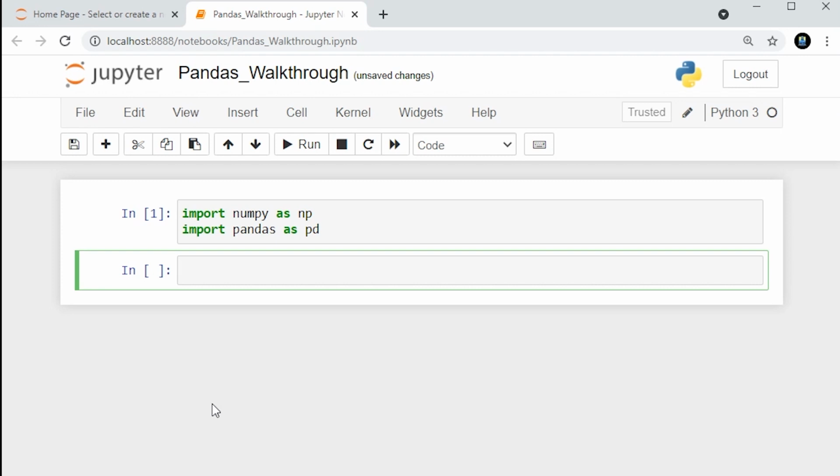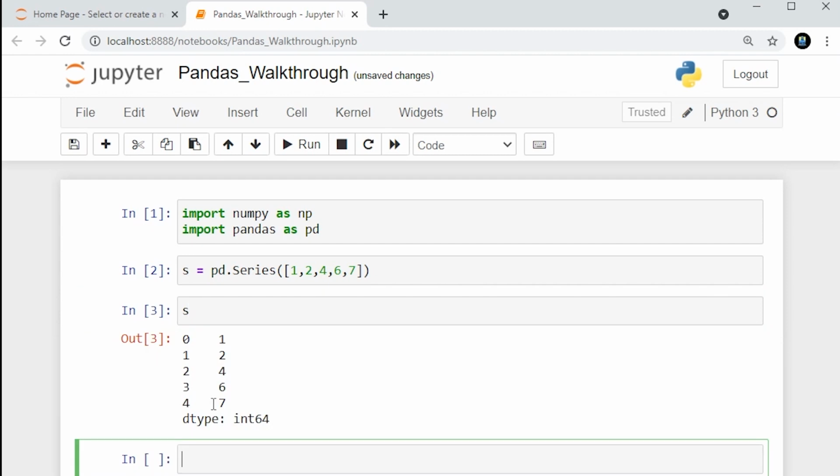So we will make our first basic Series. s is equal to pd.Series, and in this let me put some values: 1, 2, 3, 4, 6, 7. Just random values. Now I'll say s. This is a Series, single-column data. We don't have much more dimensionality to it at the moment, but we will look at that, and later on we can work with the DataFrame.